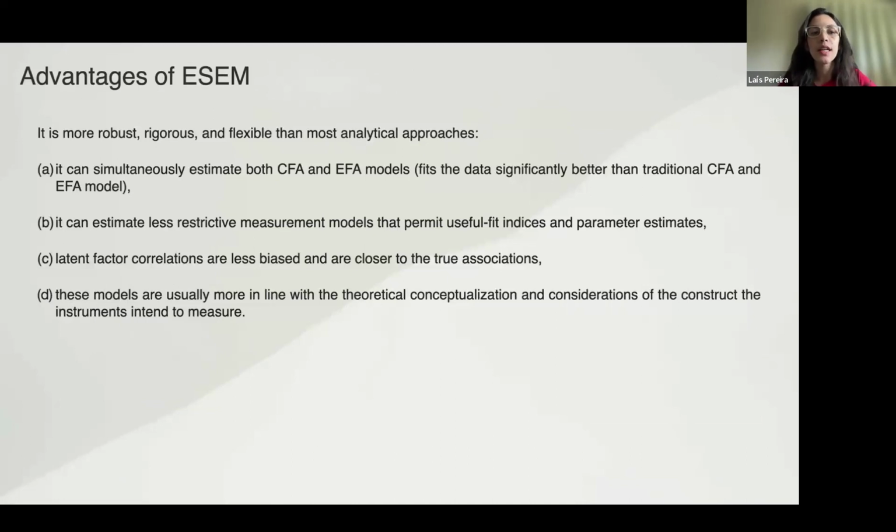It has some advantages, like it's more robust, rigorous, and flexible than most analytical approaches. When you can do both CFA and EFA in the same model, the model fits significantly better than a traditional CFA or EFA model. You can estimate less restrictive measurement models that permit useful fit indices and parameter estimates. The latent factor correlations are less biased and closer to the true association. And this model is usually more in line with the theoretical conceptualizations and considerations of the construct the instrument is intended to measure. So the literature has shown a lot of advantages